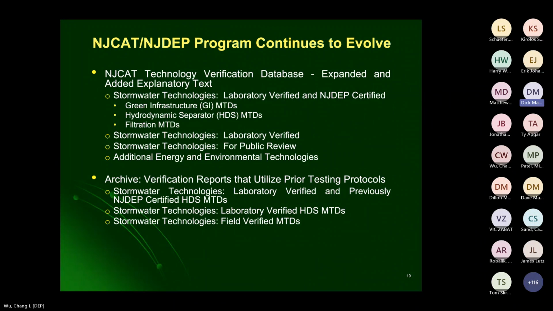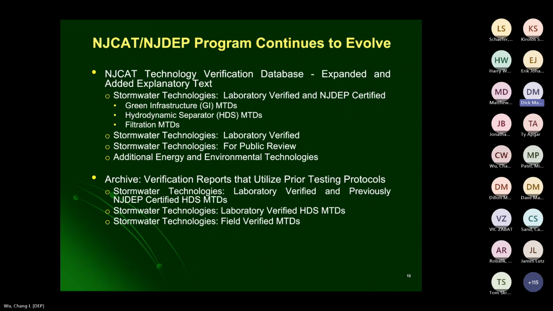So it's very easy for you to see where they are, and they're broken down into three subcategories: green infrastructure, hydrodynamic separators, and filtration. There's another category of stormwater technologies which are only laboratory verified, and that means, and it's clearly laid out in the report, they did not test exactly to the NJDEP protocol. They wanted to do, for example, a larger D50, and that's specified out, but